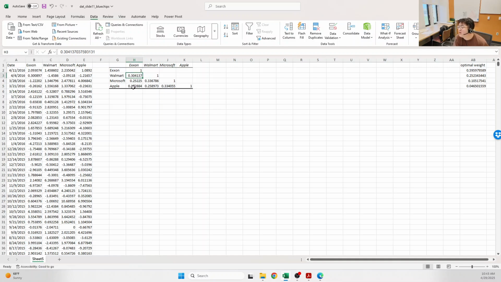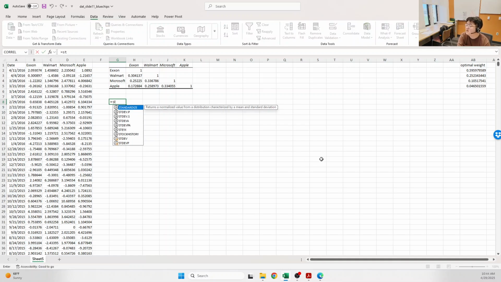So the weakest correlation is Apple and Exxon, which is correlated by 0.17. And the strongest correlation is this, Microsoft and Walmart. They have correlation 0.3367, right? So anyhow, all the coefficients are positive, correlation coefficients are positive, and then